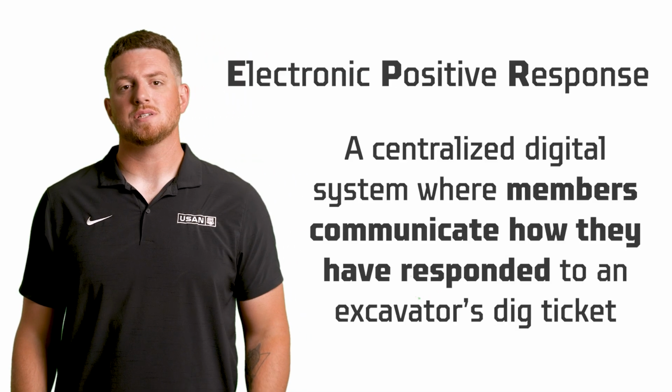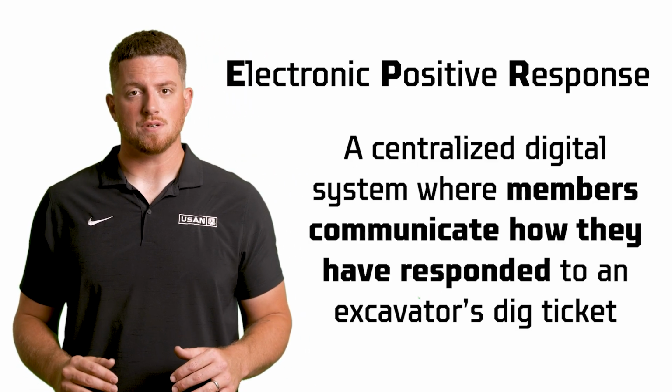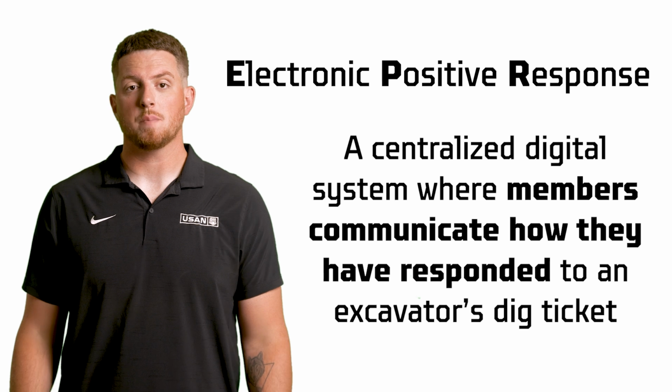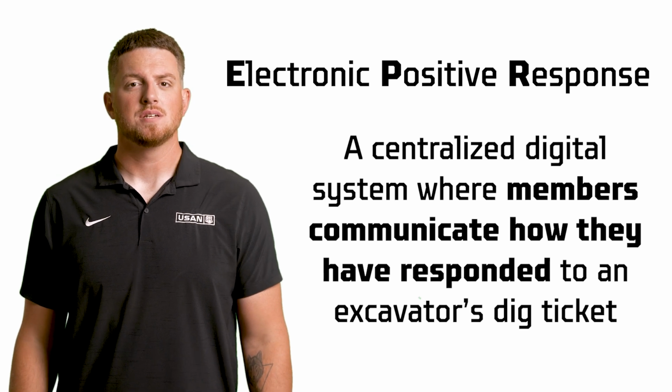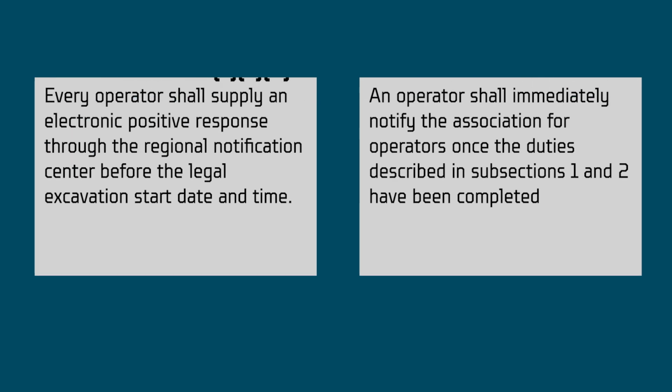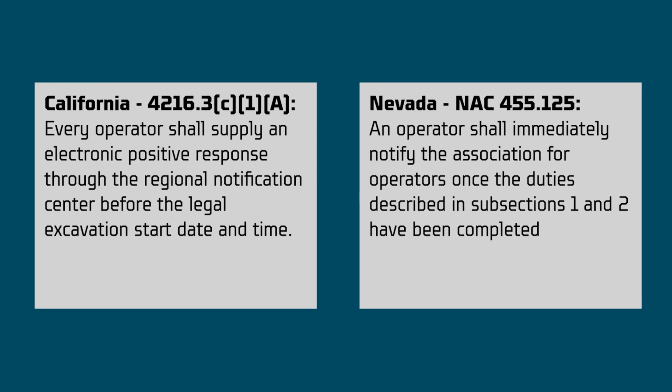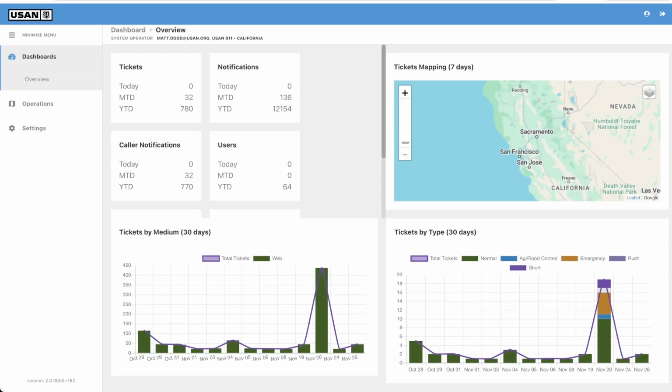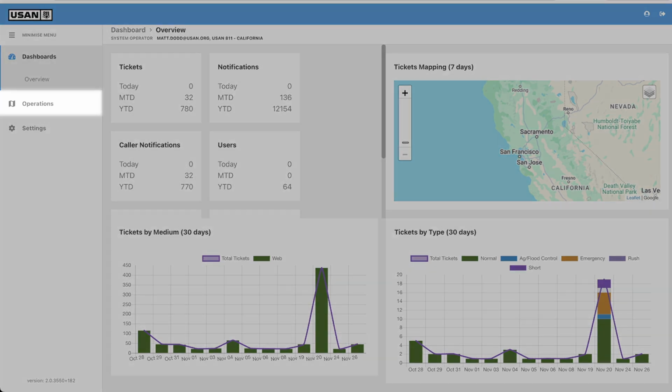Electronic positive response is a centralized digital system where members communicate how they've responded to an excavator's dig ticket, saving time and providing clarity. It's legally required for every member to log a response into the electronic positive response system. This makes it crucial for your organization to provide accurate, up-to-date responses in the system, ensuring excavators know the status of their tickets. To assign response codes in the Damage Prevention portal, click on Operations,